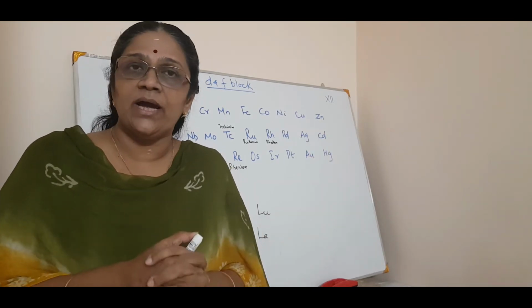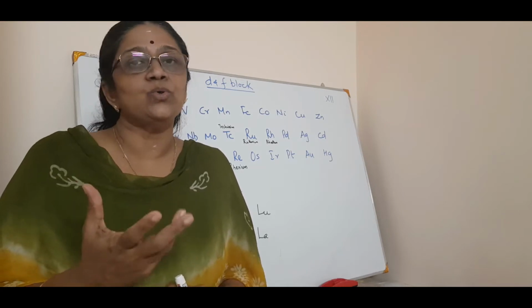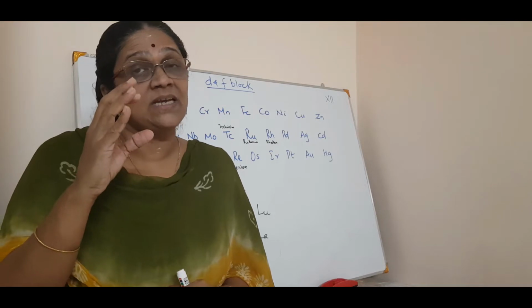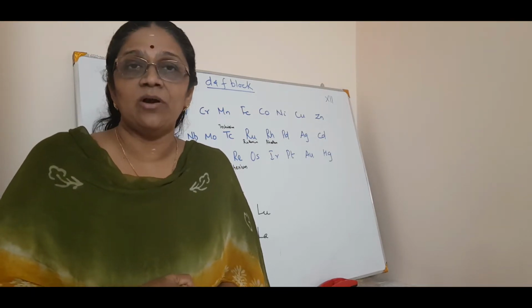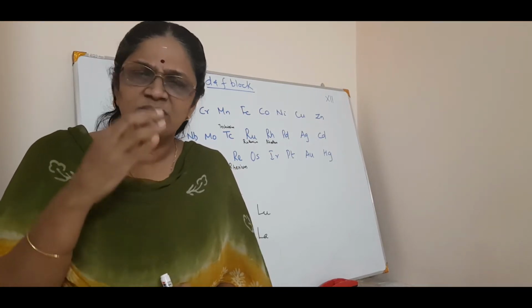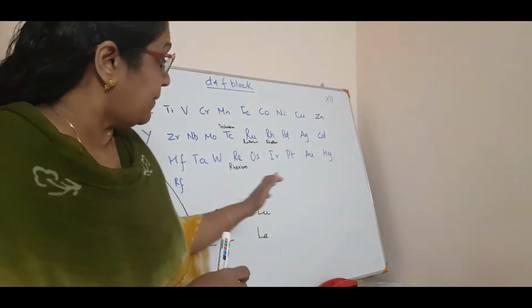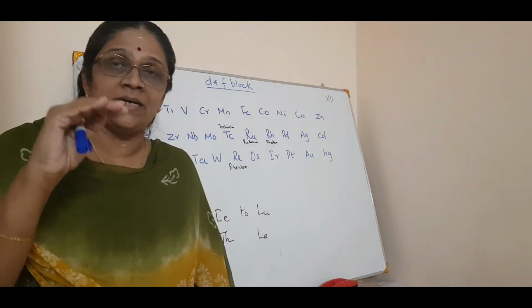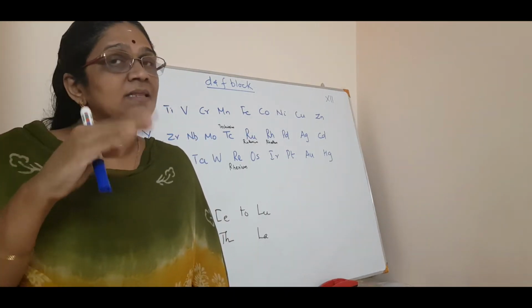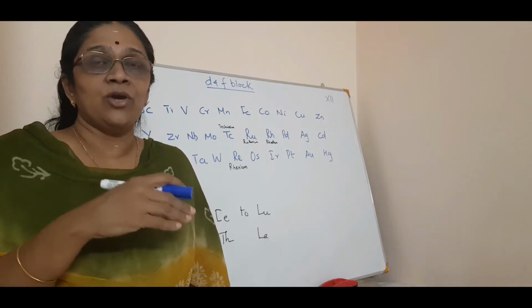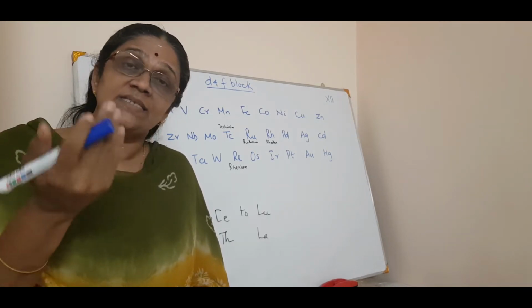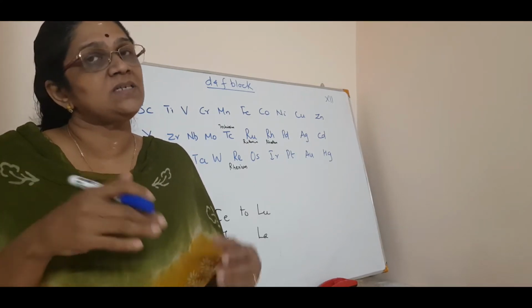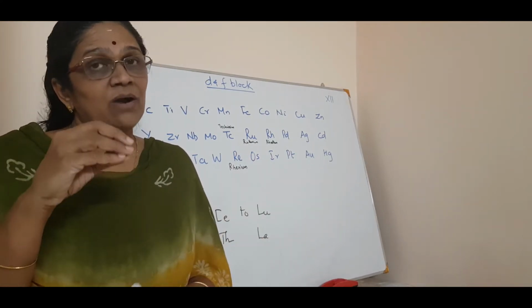So before going into that, I prefer you to study at least the first series and the second series of the D block elements, or in fact the three series. The fourth series we forget about because it's an incomplete shell. So at least you have to study the first, second and third series. Or we can call them the 3D series, 4D series and the 5D series. The 6D series is not so important because it is incomplete.